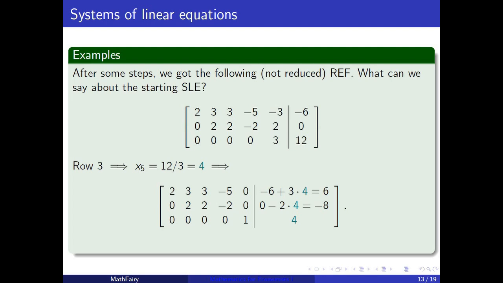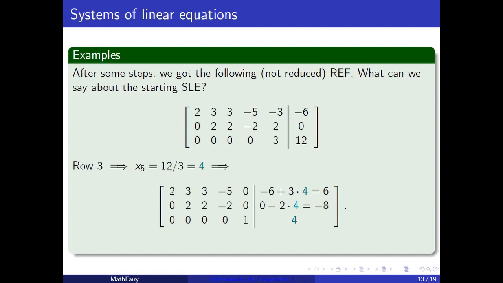So we can rewrite the last row as a bunch of zeros and then 1 and then 4. And then as the next step, we can use this 1 as a pivot element and reduce all the numbers above it to be 0. So add the last row to the first one 3 times and then subtract the third row from the second row 2 times,